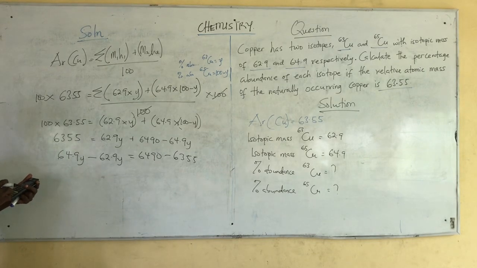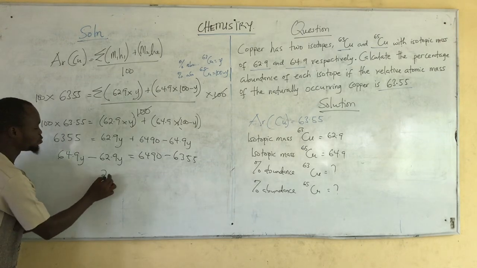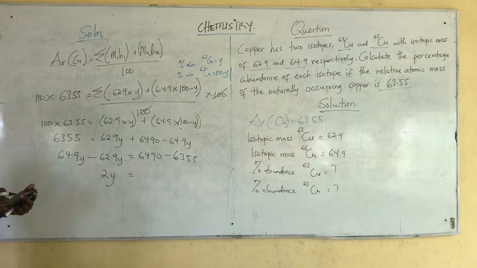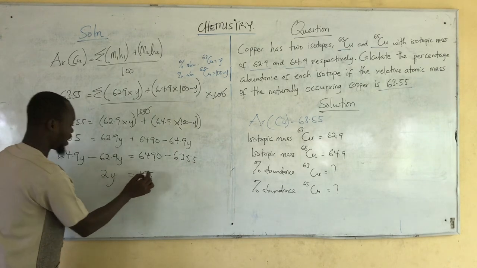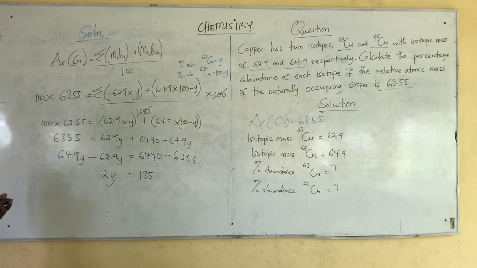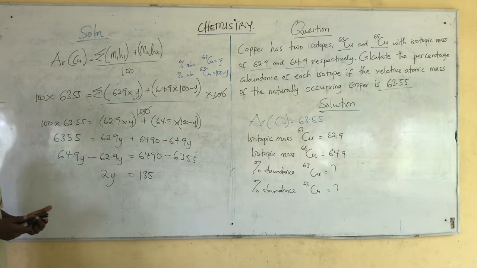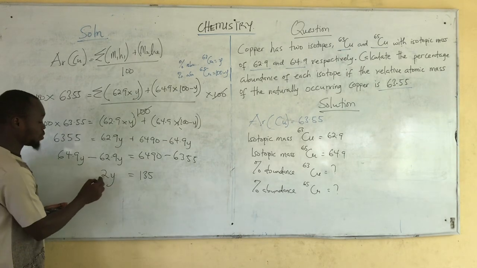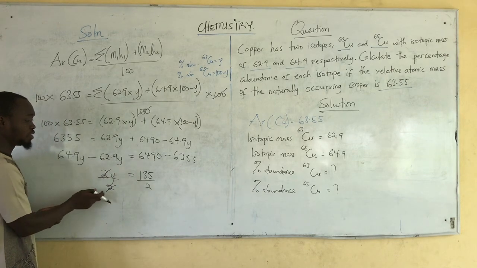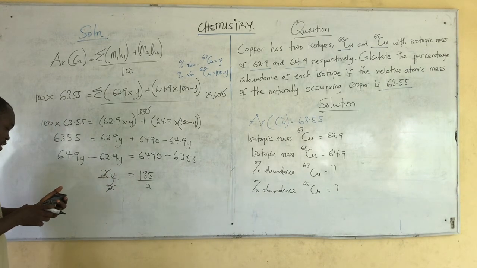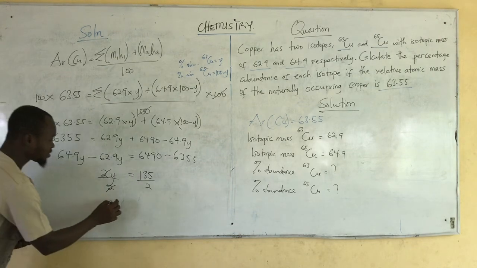Now let's do our subtraction. 64.9Y minus 62.9Y. We are going to get 2Y is equal to, with the help of our calculator again, 6490 minus 6355. What are we going to get? We are going to get 135. Is that okay? So over here, we need to get the value of Y. So we divide both sides by 2. So this 2 is going to eliminate this 2. So 135 divided by 2. And the answer is equal to